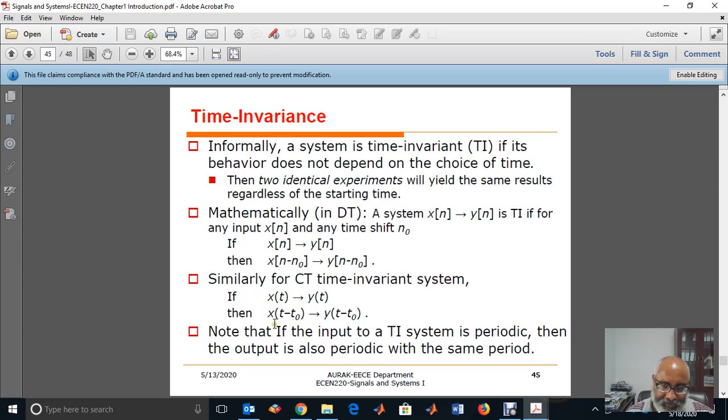So if the input is delayed, then the output should be delayed by the same amount. If the input is delayed by 1 second, for example, the output should be delayed by 1 second. If the input is advanced by 1 second, the output should be advanced by 1 second, and so on. So this is how we prove mathematically